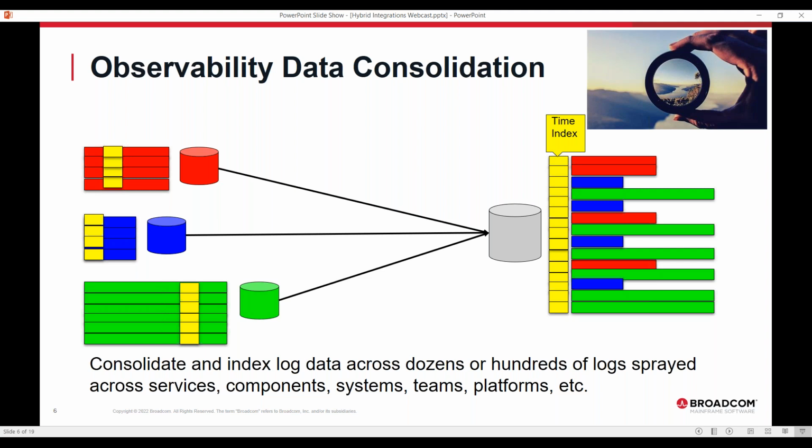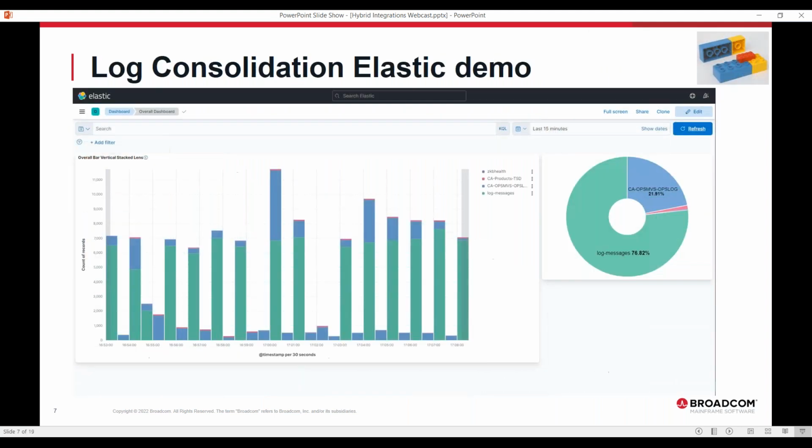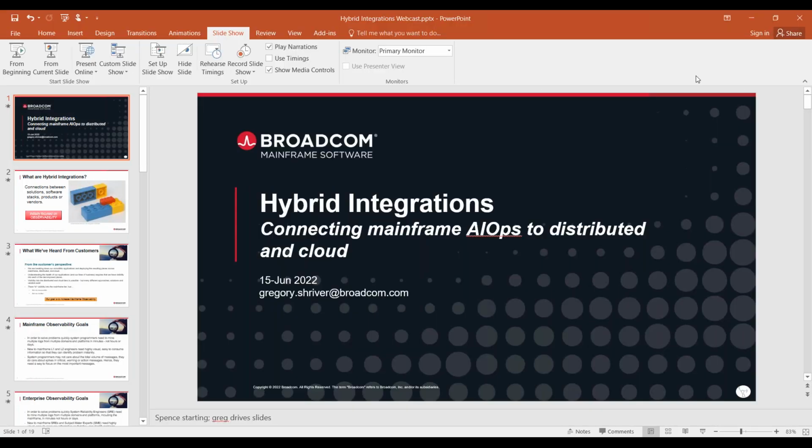But the point is that we're bringing together all of this data, from the mainframe as well as off of the mainframe. So with that, I'd like to drop out of here and show you a little bit of what we've been playing with.